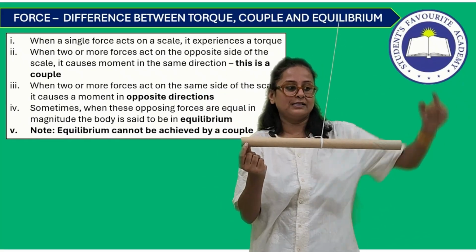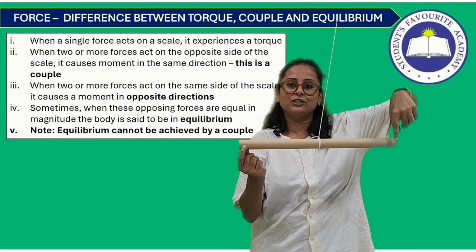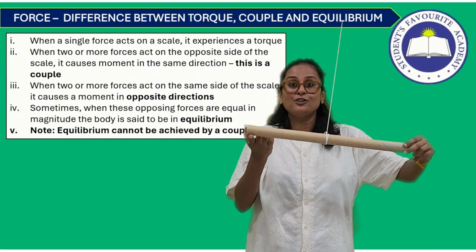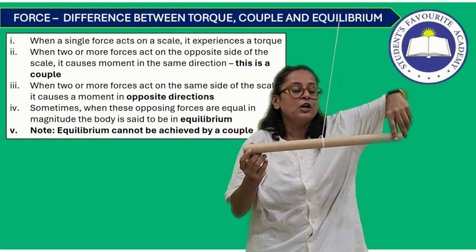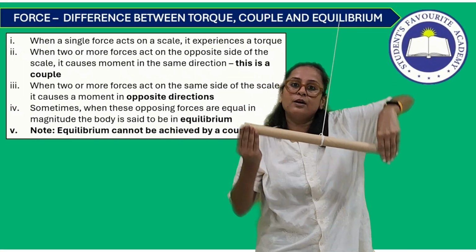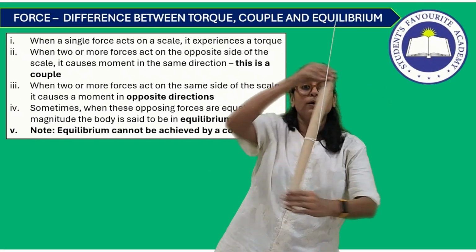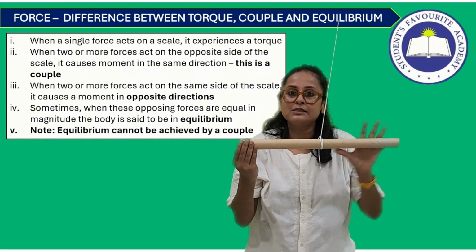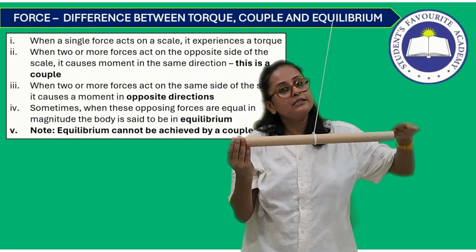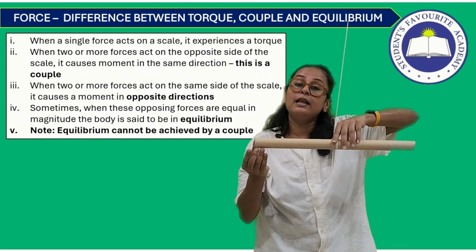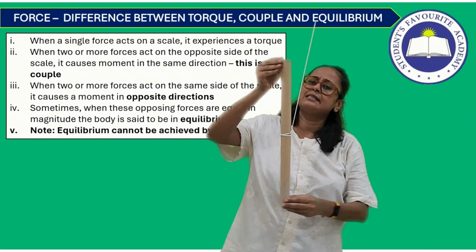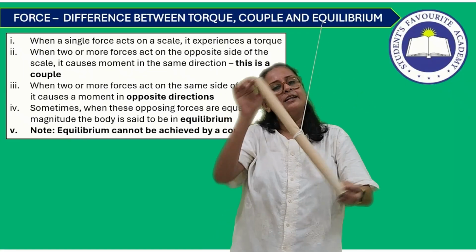if this was downwards and this was upward, what kind of motion will it cause? This is causing anti-clockwise motion. This is also causing anti-clockwise motion. So together this upward and downward motion is causing anti-clockwise motion. What will be the magnitude? This force into this distance plus this force into this distance. So two equal and opposite forces about a point which causes the same type of motion, it is called as